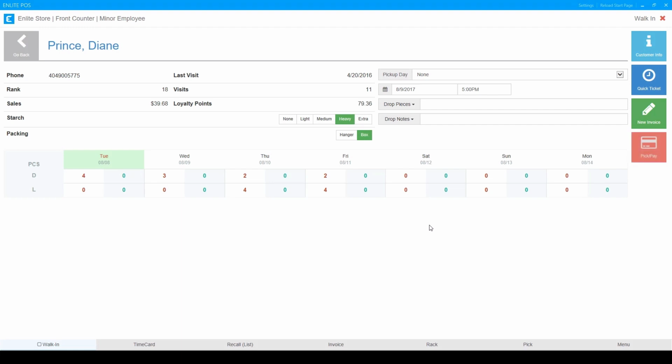In the previous video, we had created an invoice for Diane, we had captured her order, we had printed out all the documents and reviewed them, and the scenario in this video is we've worked through her order, we've laundered her clothes, we dry cleaned them, whatever the case may be, and now it's time to put them on the